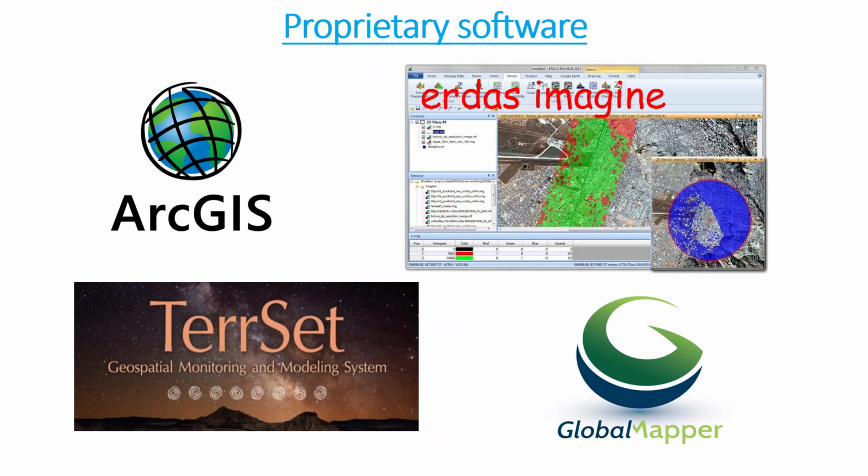Let's understand proprietary software. Proprietary software is software that is owned by a company or organization, and its source code is not publicly available. To use it, users must purchase a license or subscription, and they cannot modify the core system freely. In the GIS field, proprietary software is widely used in professional industries because of its advanced tools, technical support, and structured ecosystem. Key features of proprietary software: paid license required, users must purchase or subscribe,